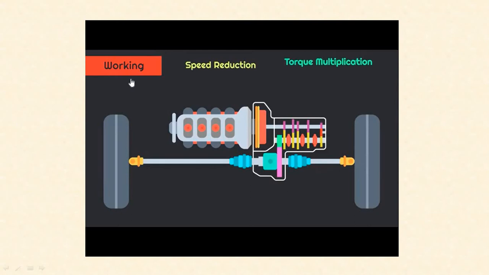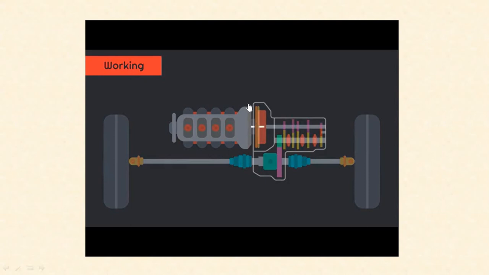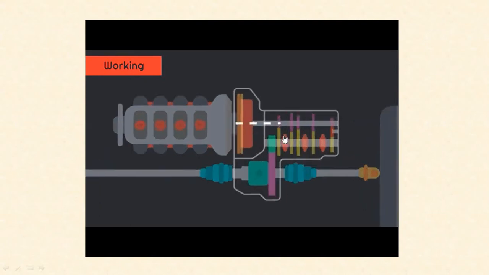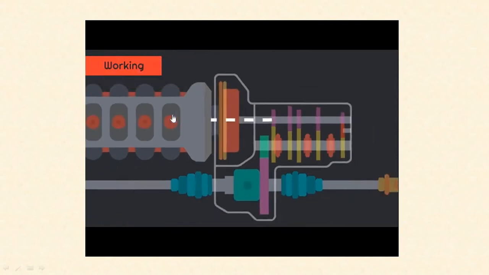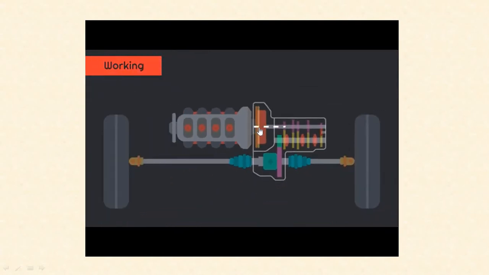It shows the working, the speed reduction and the number of gears, and particularly how the gearbox shifts the gears. First, the engine transmits the power to the flywheel, to the clutch, to the gearbox in first gear engagement, and that goes to the differential, and then the differential turns it 90 degrees and transfers the torque or power to the axle. This is a front engine front wheel drive, and equal power distribution is done in first gear to the wheels. So at the time of starting we require the first gear.